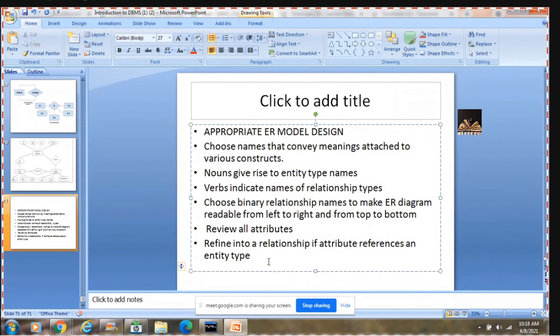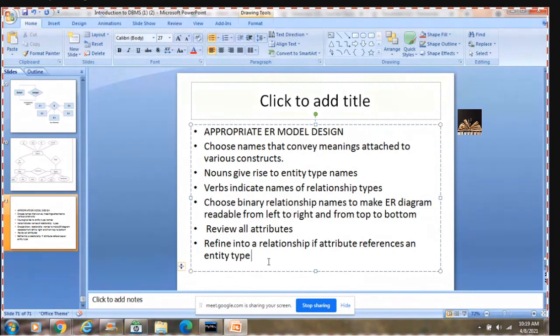And whenever you're working with an ER model, if you're given a scenario, nouns usually give rise to entities and verbs give rise to relationships. You might be given a paragraph in simple English and asked to construct an ER model in your exam.